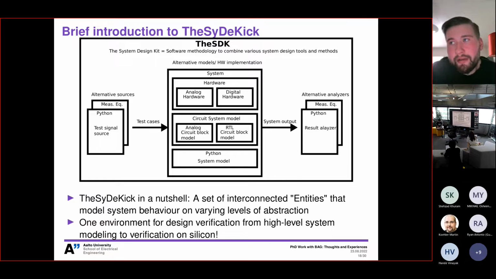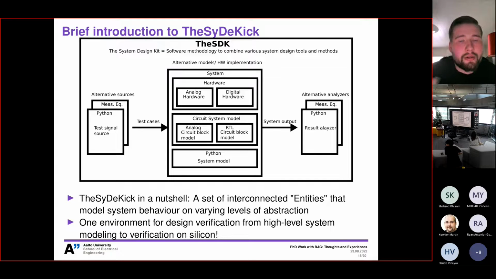So for instance, you can have a circuit block, let's say an amplifier, and you can have a Python model for that. And then you may wish to define some simulator calls, so you can have a real analog hardware model, which is represented with the analog netlist that you get from your netlisting output. So that would be kind of Spectre or Eldo model, so to say. So you can run Python model or analog model, and then what is nice is that you can control or connect